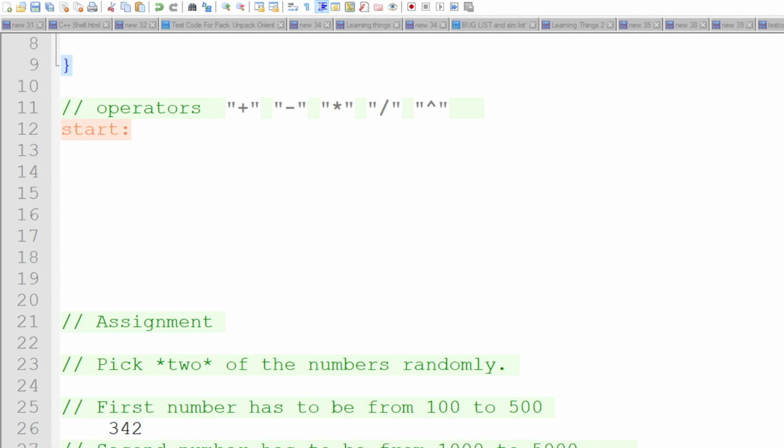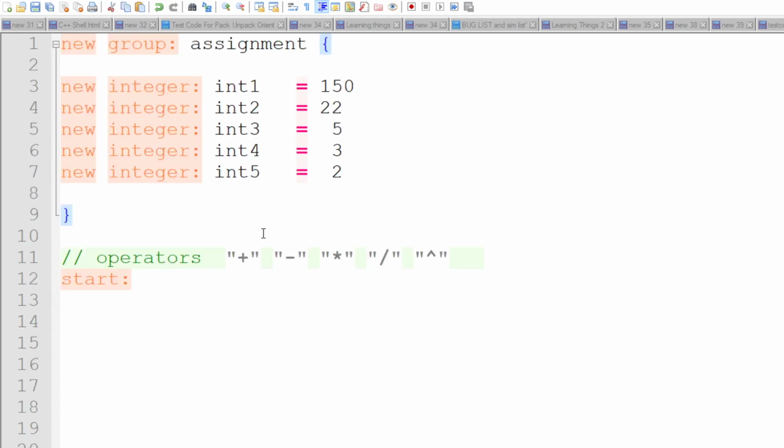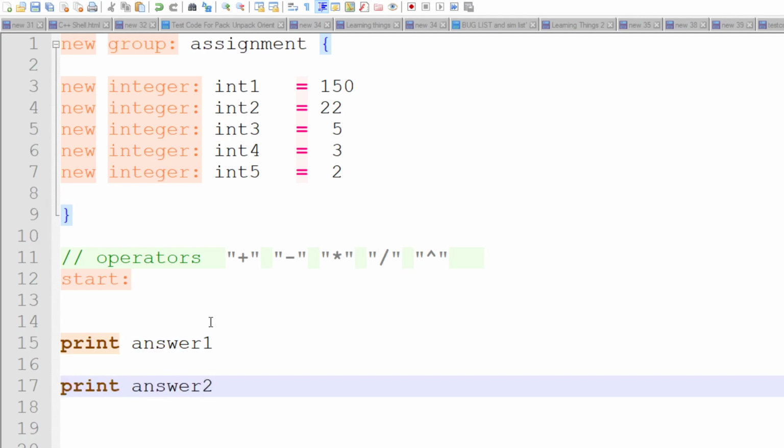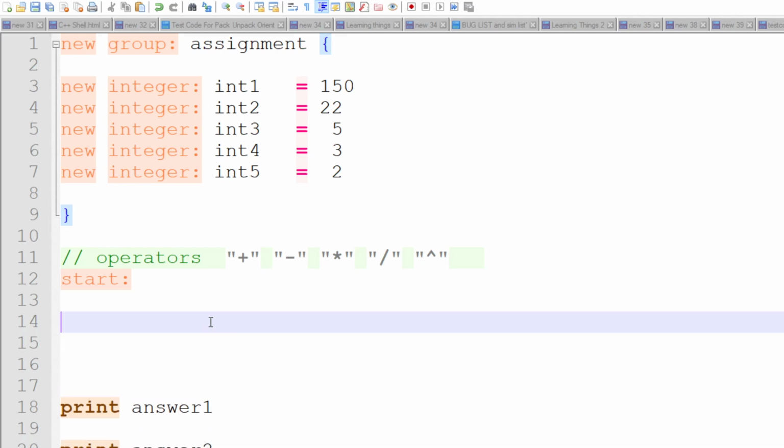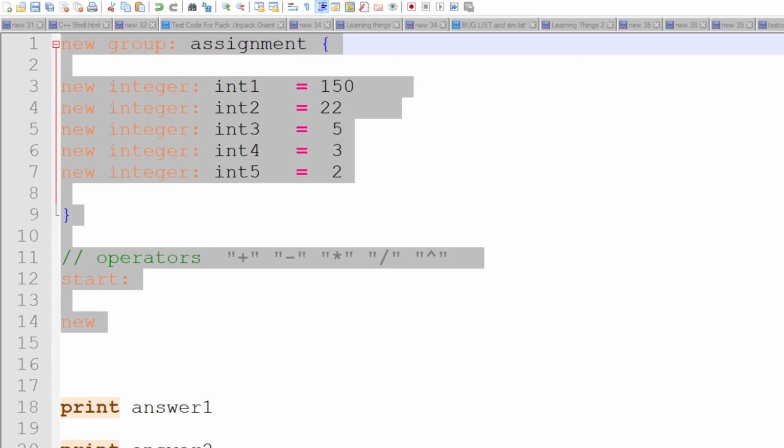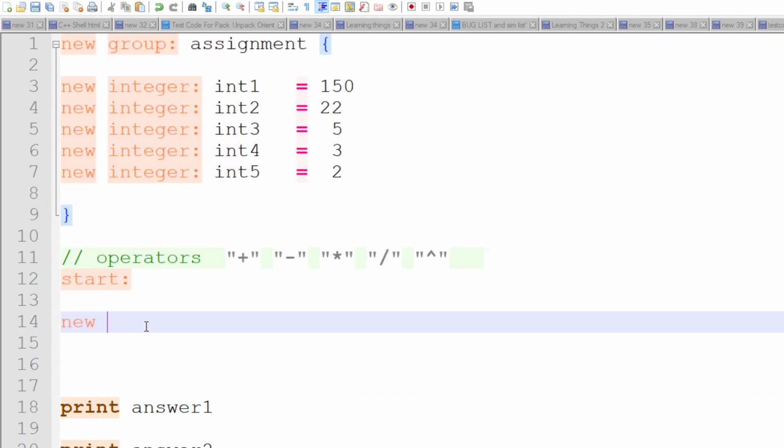But you have to use the variables in the assignment group and operators. So let me go through my example, and then you can try it out on your own. Remember, you also have to print out the answers that you get. So I'll start out. Print. I'm just going to put these ahead of time so that they're there. And so again, I'm going to give you basically the setup so that you don't have to type all of this down. Okay. So anyway, new assignment, and we're going to put